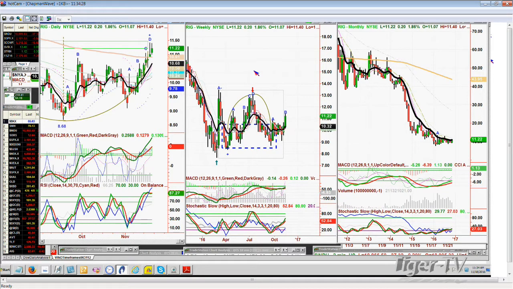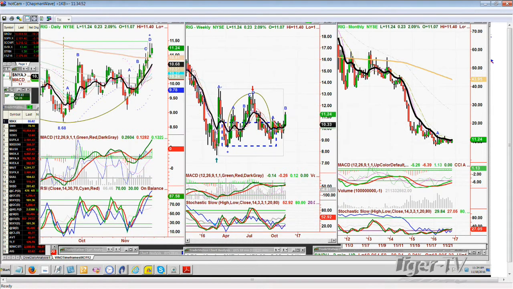I'm going to make the only suggestion that I can, and that's number one is follow your plan. All I'm going to suggest to you is that if it achieves what you wanted, then either you take a little bit off now just to reward yourself, 200 maybe, you still keep your core position, big core position, or you don't do anything at 1123. But I tell you why, because the weekly chart is improving enough to say that the chop, chop, chop in the yo-yo pattern in the H formation that goes to an M formation says that it could very well be on its way to the upper side now.